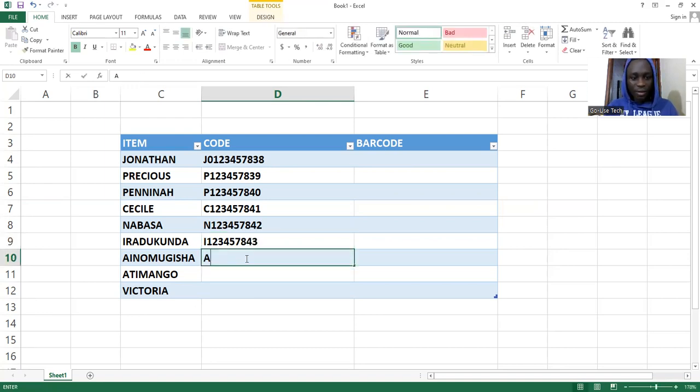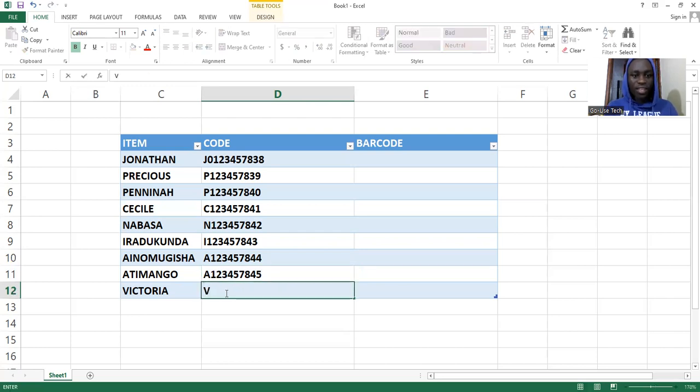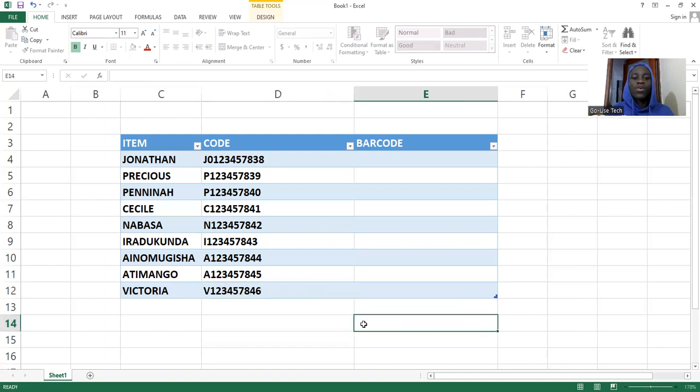Then here I can say A, 1, 2, 3, 4, 5, 7, 8, 4, 4. Okay, then here I can say A, then 4, 5. Then here I can say V, 1, 2, 3, 4, 5, 6, I mean 7, 8, then 4, 6. So these are our codes, so that once we are putting a barcode, these are the codes that will